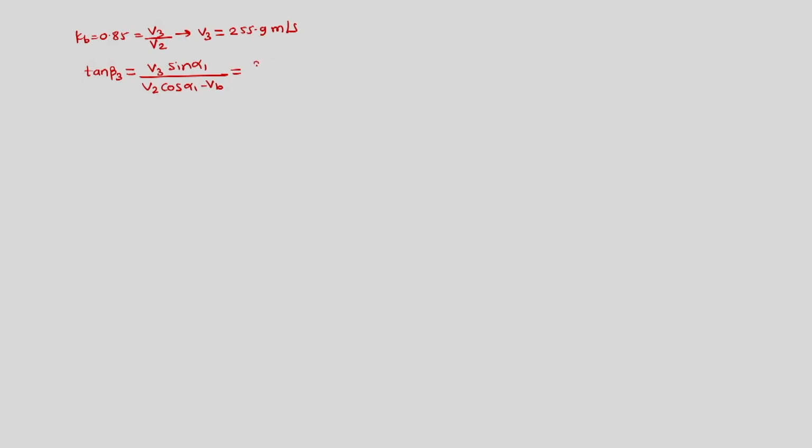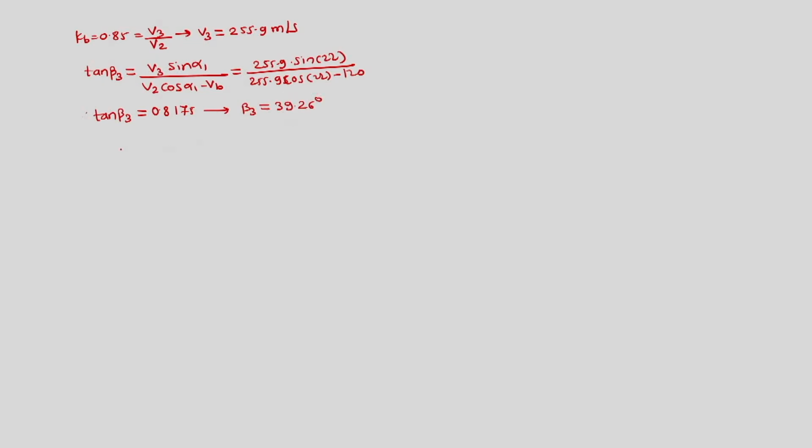Alpha 1 is given as 22, so 255.9 into sin 22 divided by 255.9 into cos 22 minus 120. So this gives us tan of beta 3 equal to 0.8175